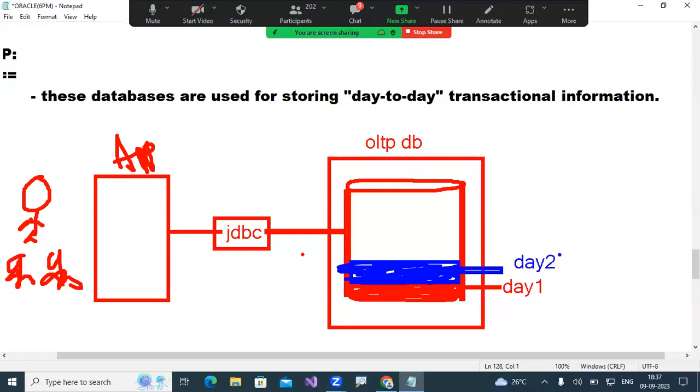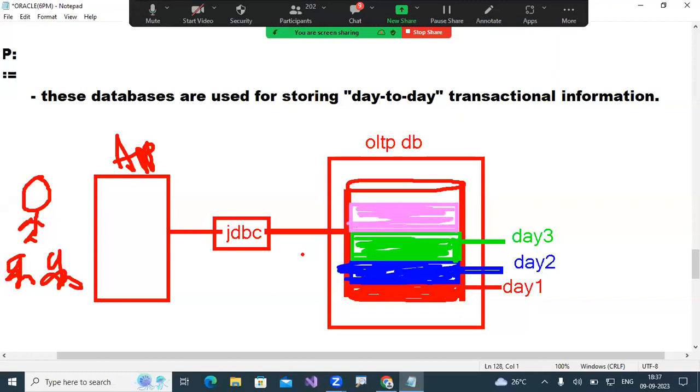Next, day number 3. Some more transactions are happening, so the day number 3 data I am going to save.